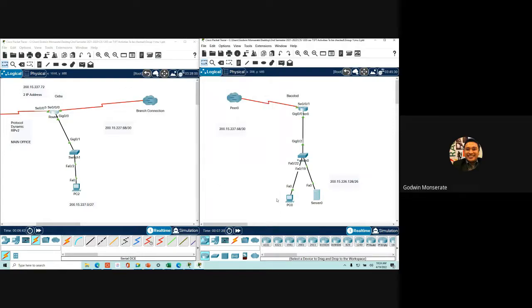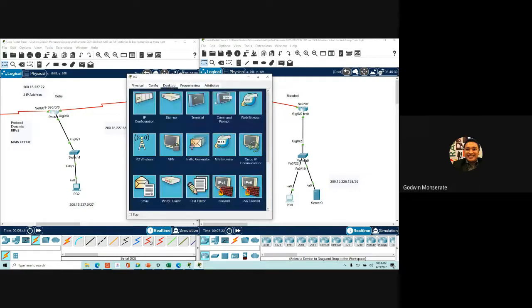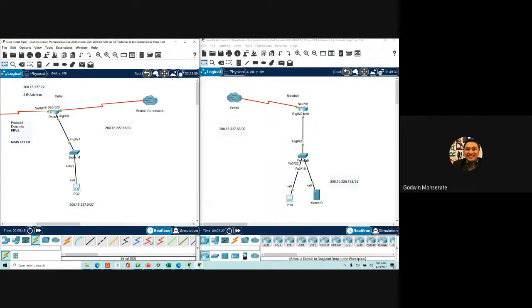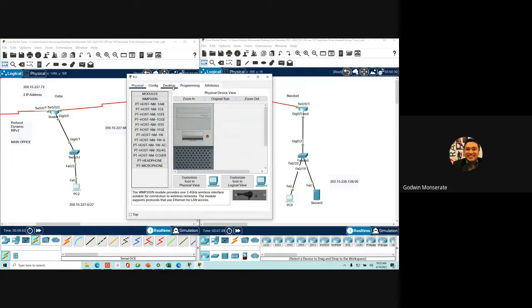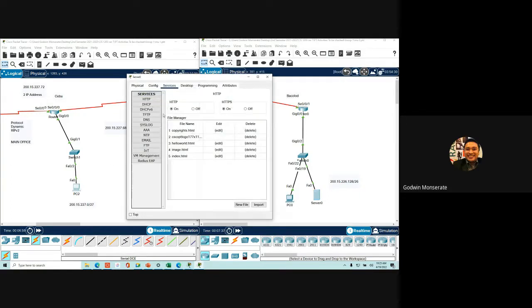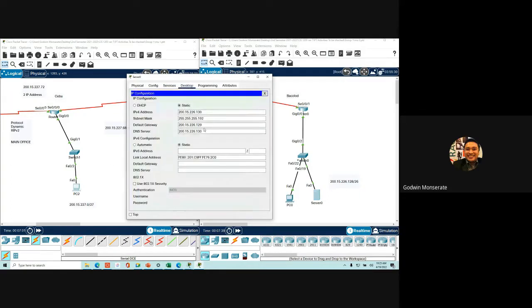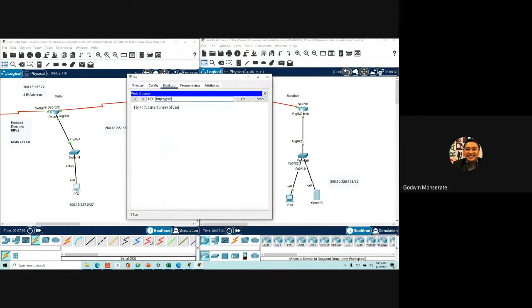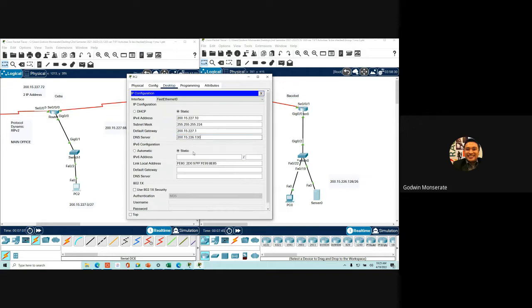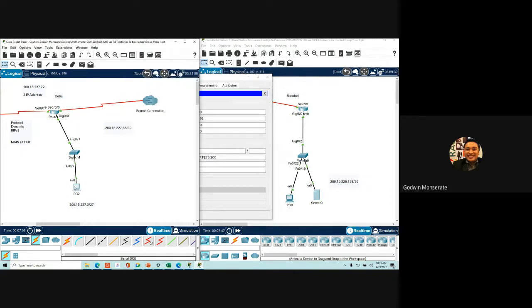So kung tan-awon nato, diri sa iyang kaugalingong network, no? Pwede siya ka GSM lang. Okay, there you are. Diri connected na siya even if there are two different files. Okay? So GSM hosting unsolved unsa ning IP address ani niya dire, we'll put 130. Okay, here, 130. So let's try